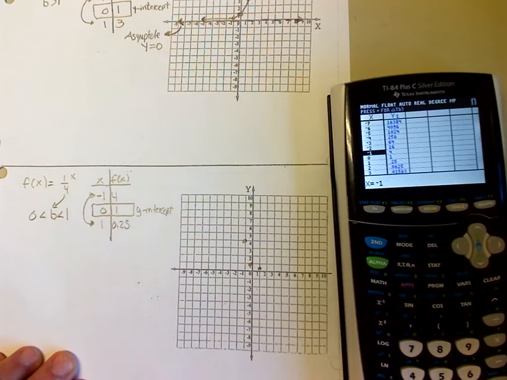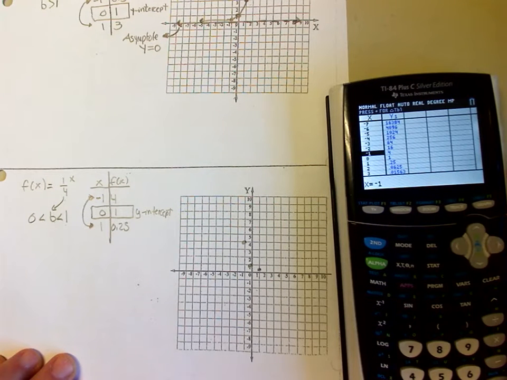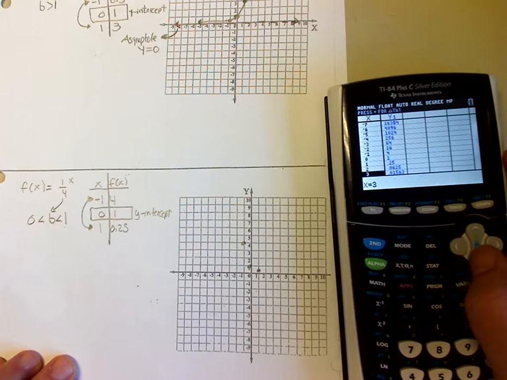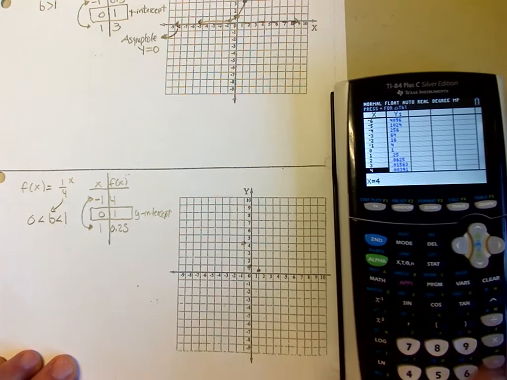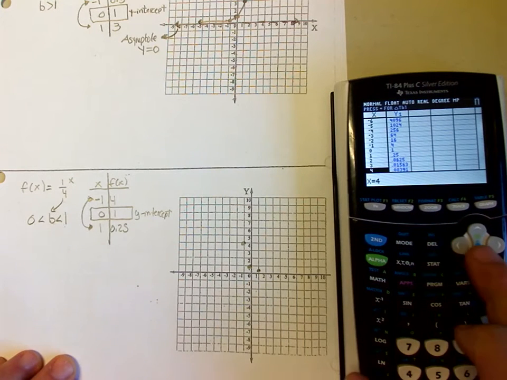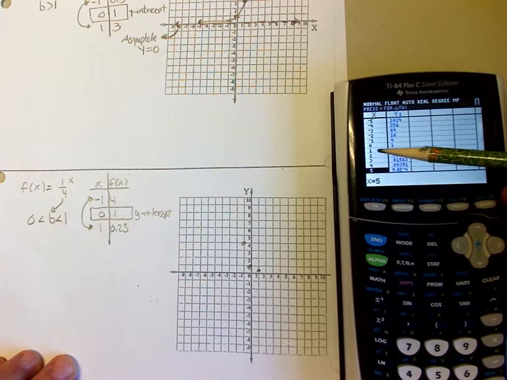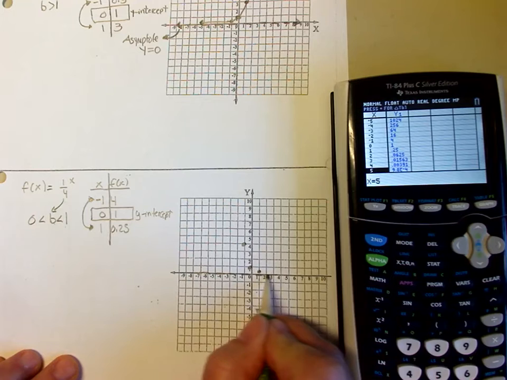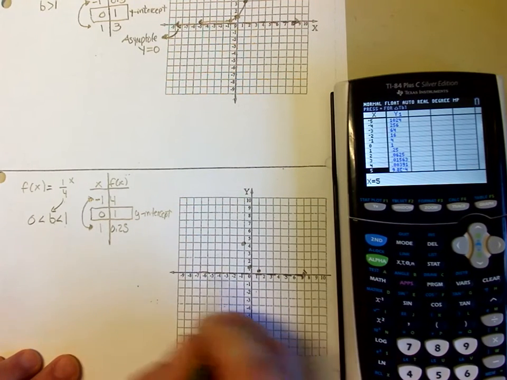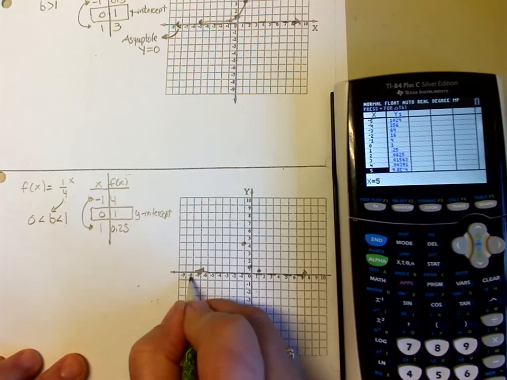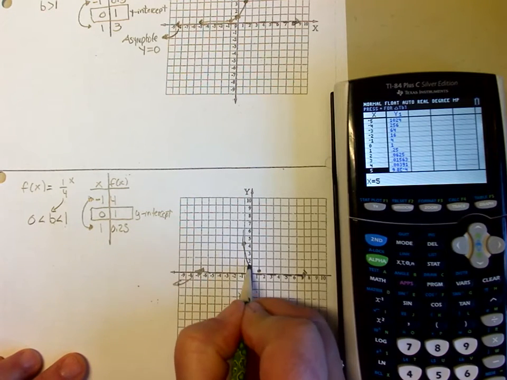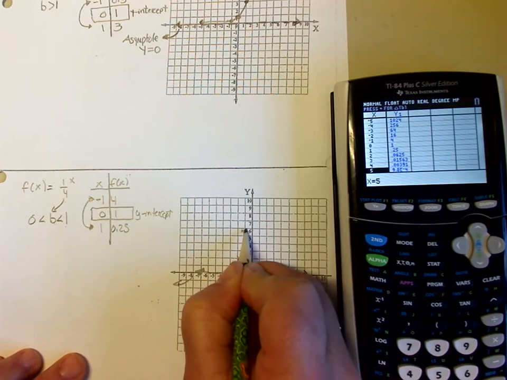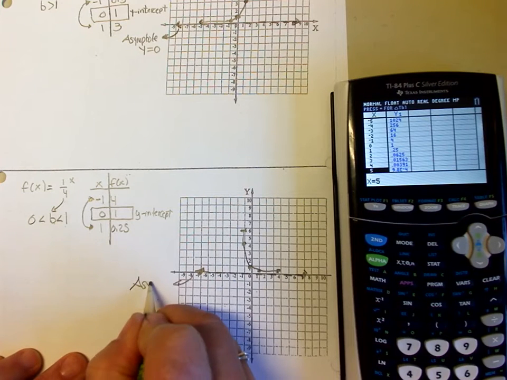1, 1/4, and again investigating what is happening as x is increasing this time, because we saw on the previous screen that it's getting closer and closer to the x-axis, so let's investigate that. As x is increasing, f of x is getting closer and closer to 0 again. So we have a horizontal asymptote at y equals 0. So again, labeling that, drawing the curve, sketching the graph in there, and the asymptote,